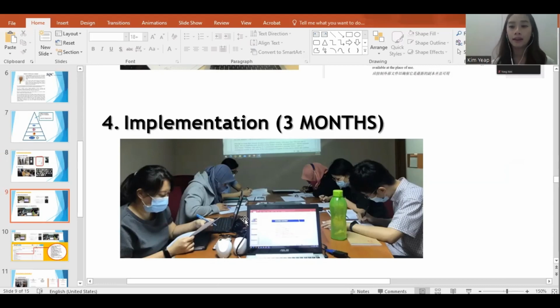No, the work ratio will be 60-40 or 70-30. Usually 60-40. That means I will need to do my part, you will need to do your part also, especially the implementation part. The implementation is that I teach you how to do it, then you need to go and fill up the forms. Because our consultant can't be going to the client place and help them fill up all the forms, because they are the one who need to comply anyway, right?